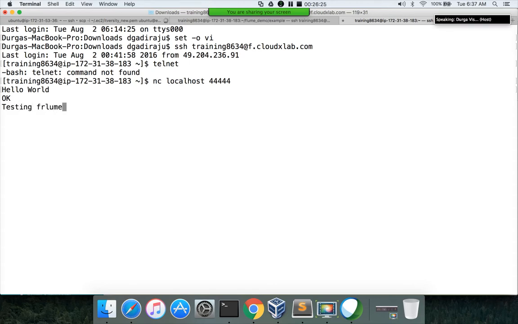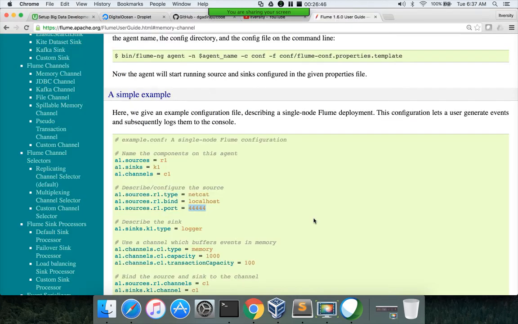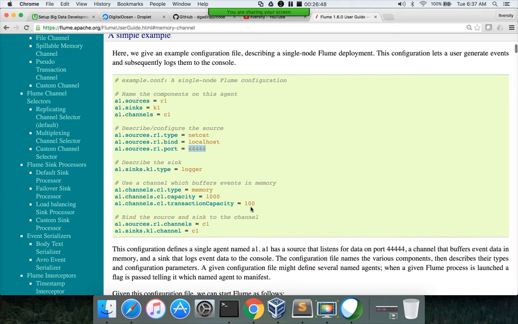Okay, testing Flume. So we got the message. In this way, we understood what the source is, and why we are getting data here: the sink is logger, and in the sink configuration, what we have done is we just told it to log.